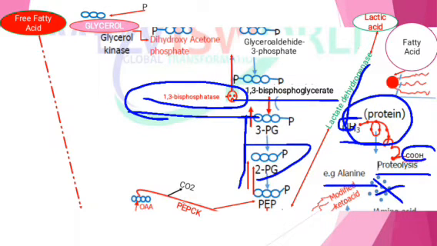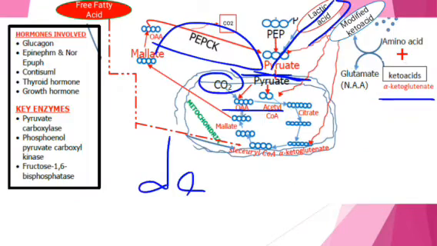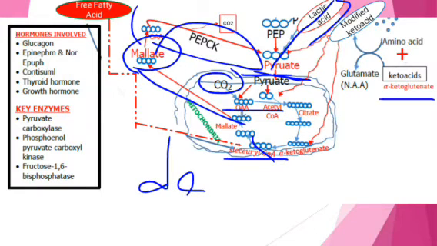Free fatty acid coming down and then entering succinyl-CoA. Succinyl-CoA is then channeled up to malate. Malate is pushed out of the mitochondrial membrane and then isomerized back to oxaloacetate, and then phosphoenolpyruvate carboxykinase converts it back to PEP. So these are the basic steps of gluconeogenesis.